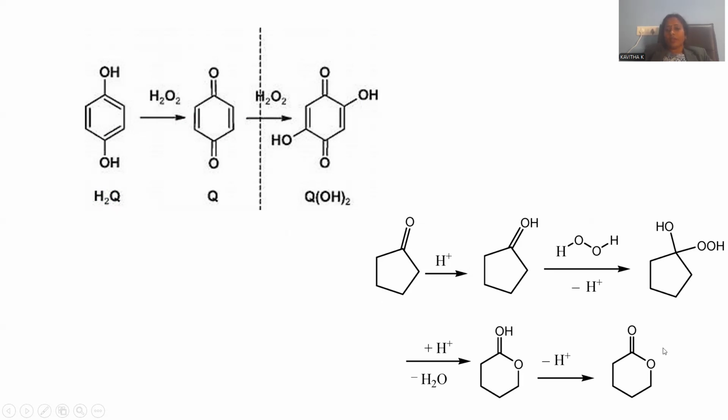So now let me go with hydrogen peroxide. It is a kind of reagent which can be used to expand the ring size. Initially, the compound taken is 5-membered, where you can notice the ketonic functional group. And after the entire reaction, the obtained product is a 6-membered ring structure with the C double bond O. This is a kind of cyclic ester, which is called a lactone. Cyclic esters are called lactones, and this cyclic lactone is achieved by oxidation with hydrogen peroxide, and this is the Baeyer-Villiger oxidation.